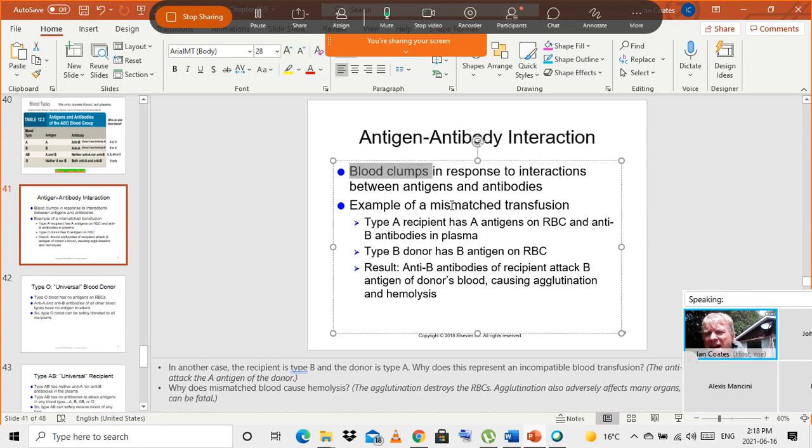Examples of a mismatched transfusion: type A recipient, okay, has A antigens on the RBC, and anti-B antibodies in the plasma. Type B donor has B antigens on the RBC. If we mix this up, the anti-B antibodies of the recipient attack the B antigens, and it's a